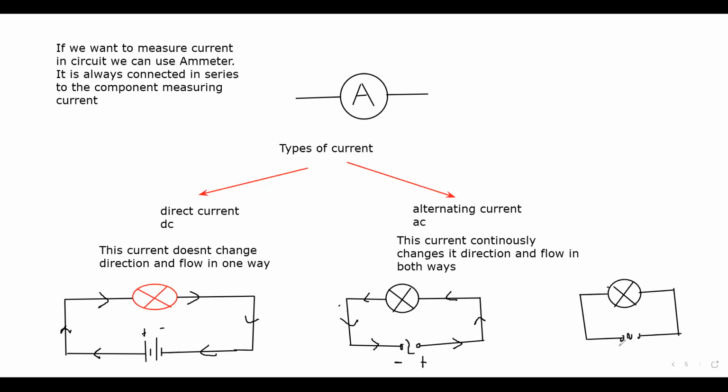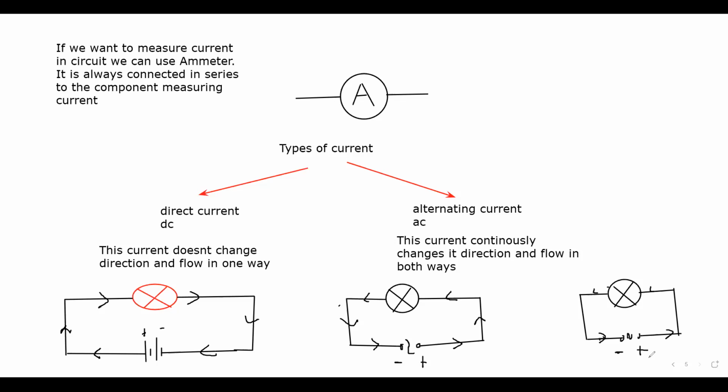Same thing if you have another circuit, first left hand side positive, right hand side negative, so the current starts to flow from positive to negative. Then the terminal by itself changes. Now the positive terminal will be on the right hand side and the negative terminal on the left hand side, so the current will change its direction. The direction of the current is from positive to negative, but because the terminal of the battery changes, the direction of the current will also change.